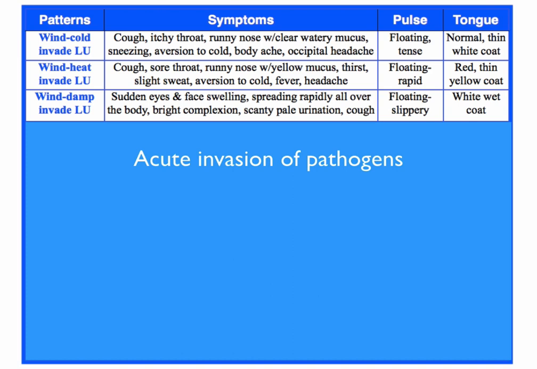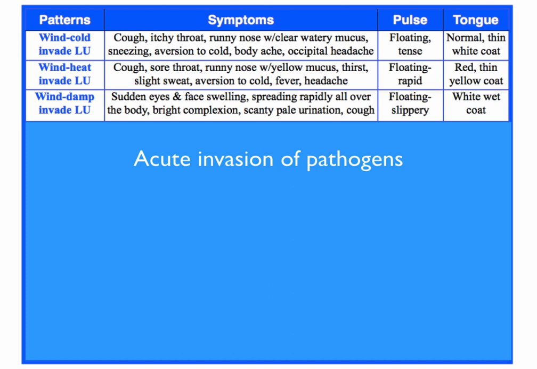With wind heat, it's the same idea, but it's more flu-like symptoms. So the sore throat is much more pronounced. There may be some cough, again, maybe not always. But if we have a runny nose or stuffy nose, it would be with yellow mucus. That's more the heat, right? We would be thirsty because there's heat, and a little bit of fever, slightly sweating. We still have a bit of chills, right? We don't feel right, and we feel maybe headachy. Specifically, this headache would be more of a frontal headache, like in the forehead, right?